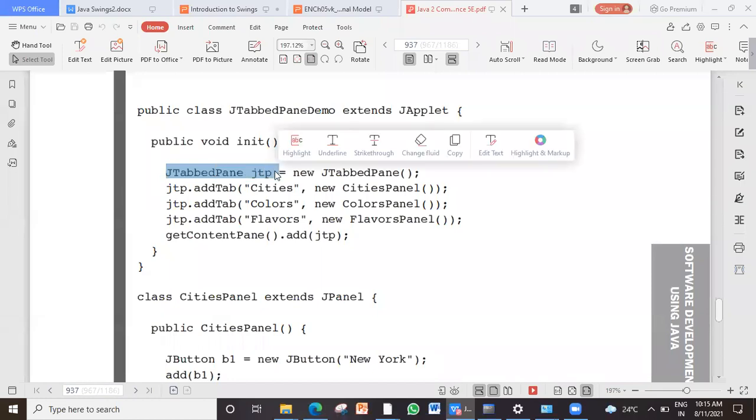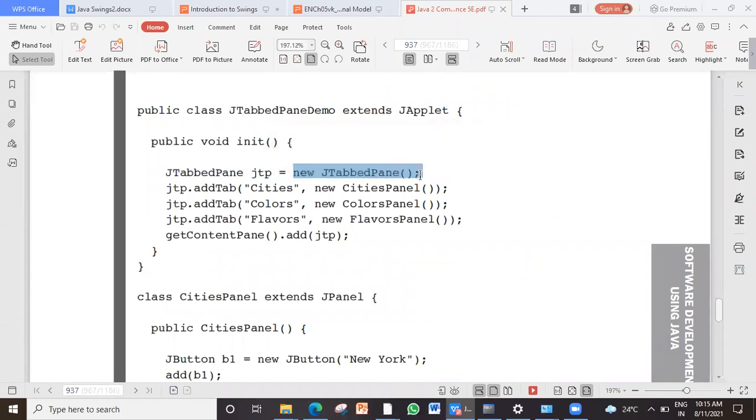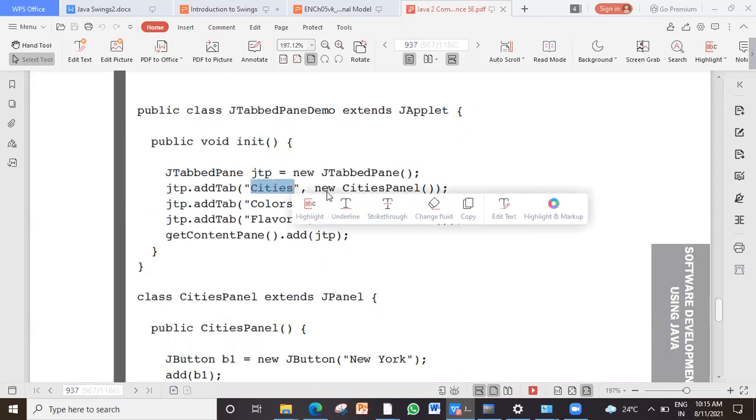What is its name? JTP, JTabbedPane. And I have just created it without any parameter. Fine. And then in that JTabbedPane, I am adding tabs. Tab should have a name. Something should be visible on the tab, like home, insert. So I create tabs with Cities as the name. And what I'm going to add to that?